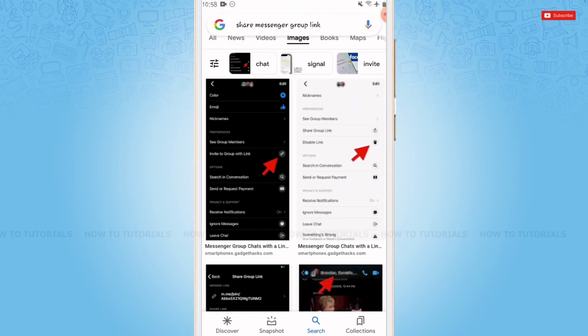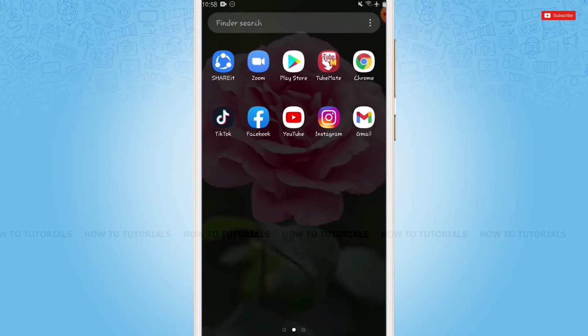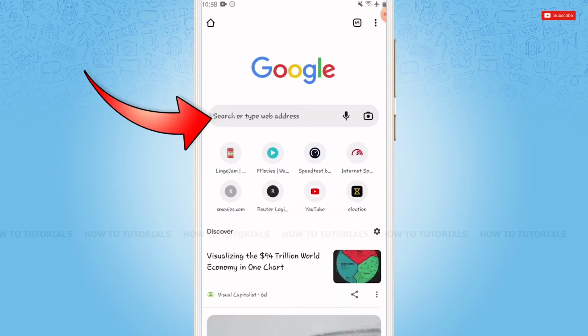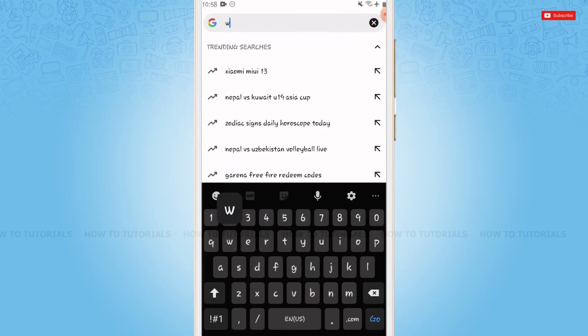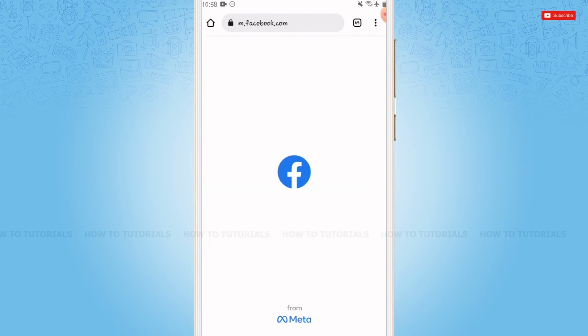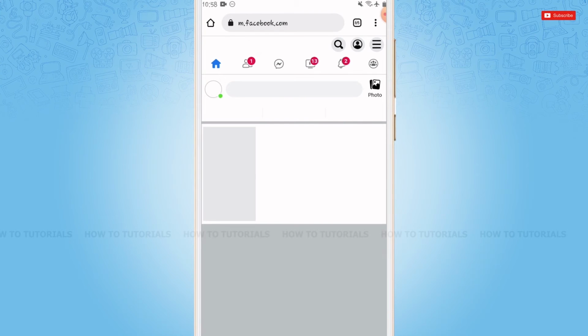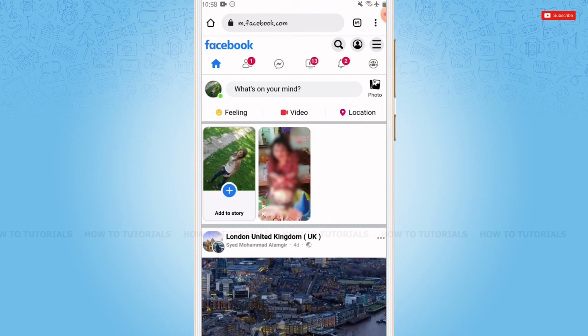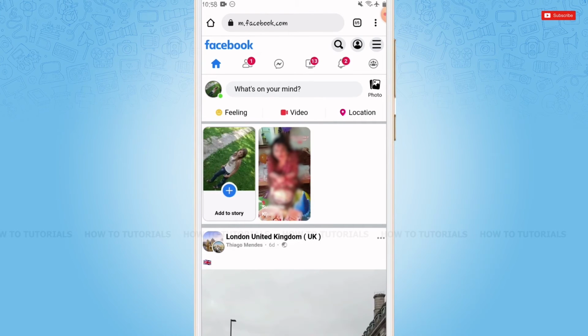First of all, you need to open any web browser on your phone. As I am going with Google Chrome, here at the search bar you type in www.facebook.com. Tap and search, then you get logged into your account by providing the correct account credentials, that is your Facebook login ID and password. As I have already logged into my account, here at the homepage of Facebook you